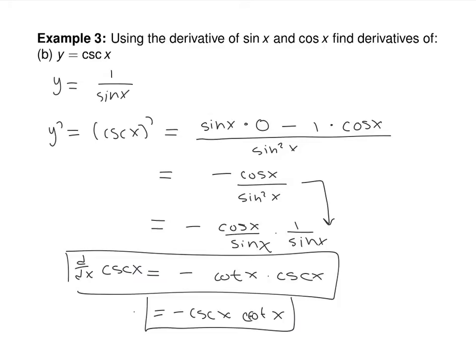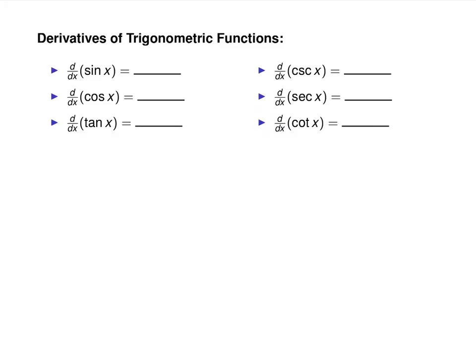What I'll probably do on your quiz is there are 6 trig functions you've got to know the derivatives of. Maybe I'll make sure every single trig function is in a question. So derivative of sine is cosine. Derivative of cosine is